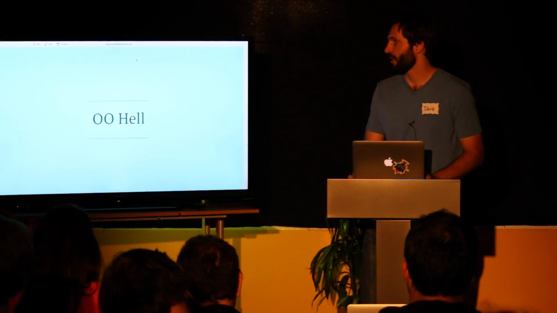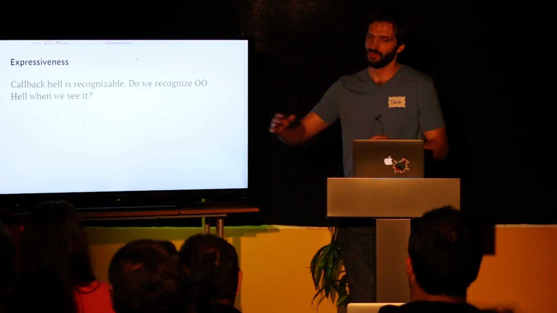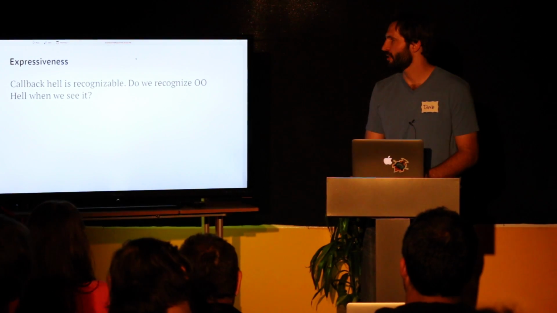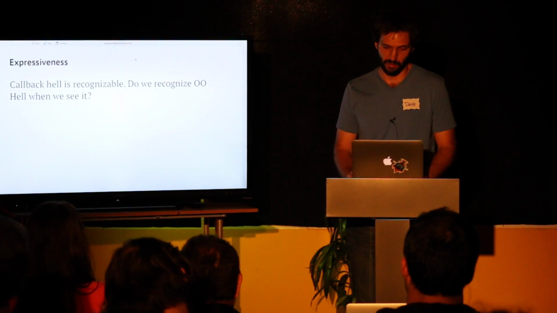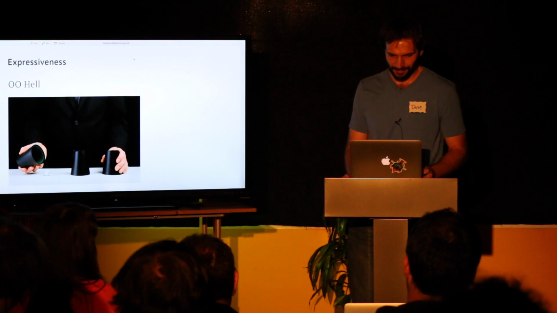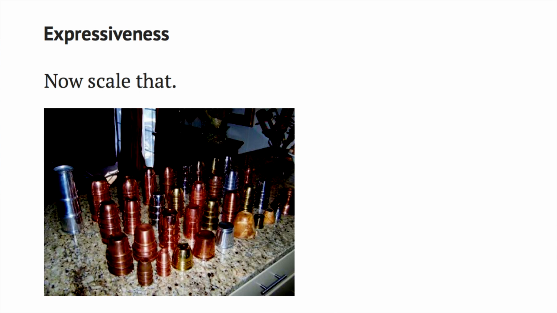So I think there's an OO hell. Callback hell is recognizable because we see wide indentation way off the screen. But OO hell, it's hard to know, what is that? If it exists, which I think it does, what is it? To each their own, maybe you'll see it differently. But it's kind of like this game of where's the ball, right? You've got to watch all these moving parts and know exactly where the state is. You don't know the state. And then if you scale it with some more cups, it gets even more challenging. And maybe there's multiple balls flying around, and you're going to lose your money.